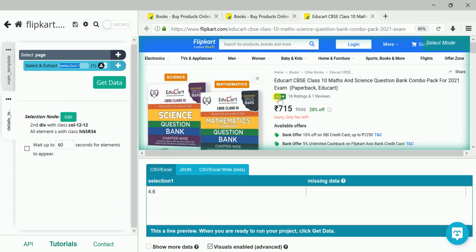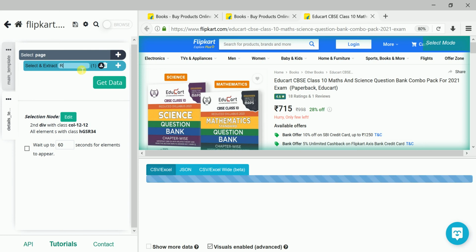Once I click here, this is repeated for all the data on the two pages. That means if there are 80 books in two pages, once I select this, the same thing will be iterated for all 80 books. For all of these that have the details, this is nothing but the rating. I'll write this as rating.